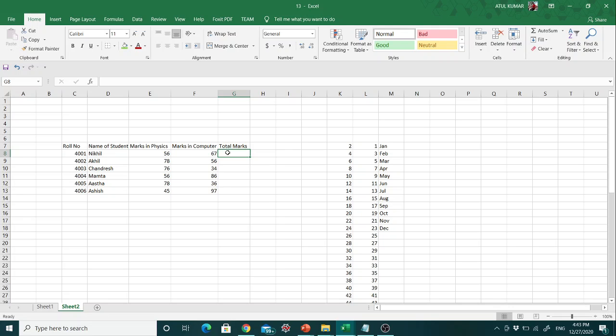So there are different ways to add these two marks, that is marks in physics. To enter a formula, it always starts with an equal to sign, and then you select marks in physics for Nikhil, which is 56, that is cell E8, and then press the plus symbol, then select marks in computer, that is F8, and press enter. So in this way you can